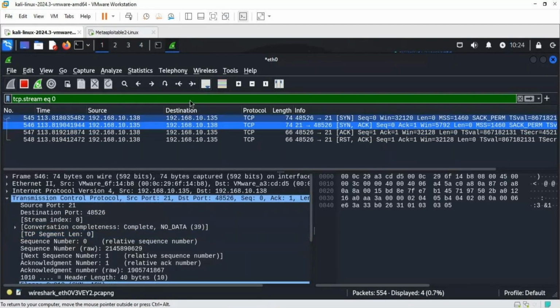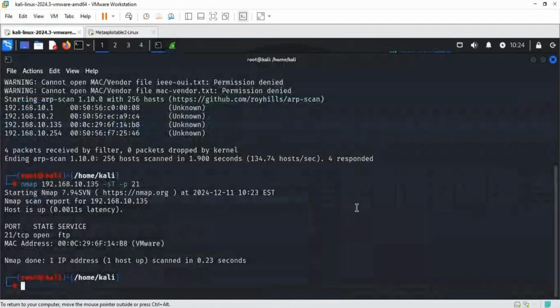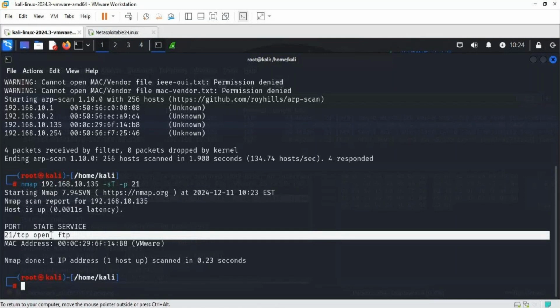Right? Along with that, let me go ahead and generate some more traffic over there. What will be happening is, let's say in our network someone is trying to perform port scanning. Because with the help of this port scanning, you can see the attacker is able to find the information